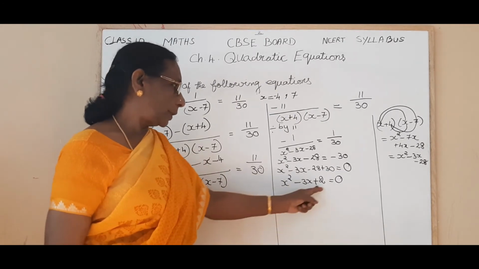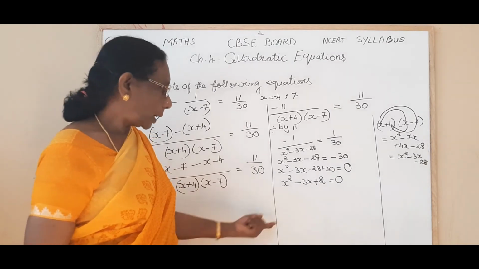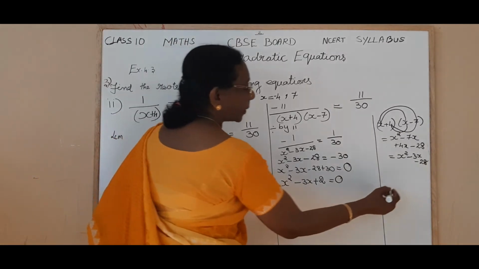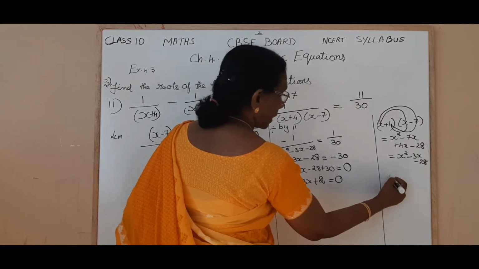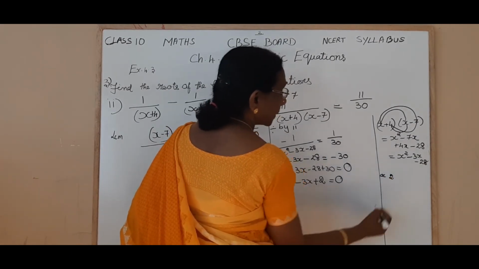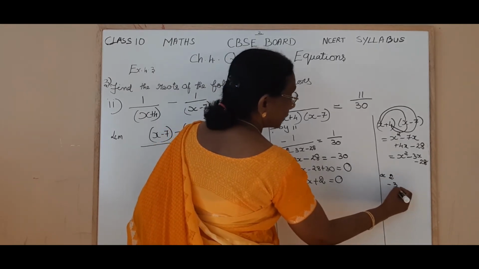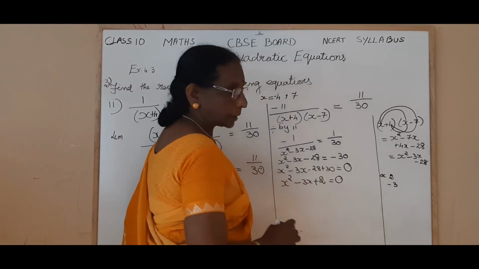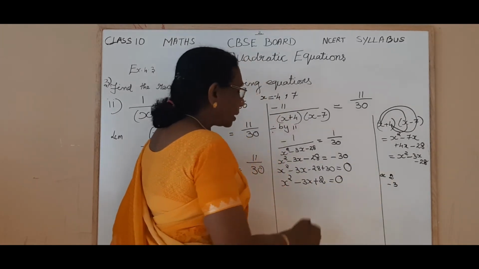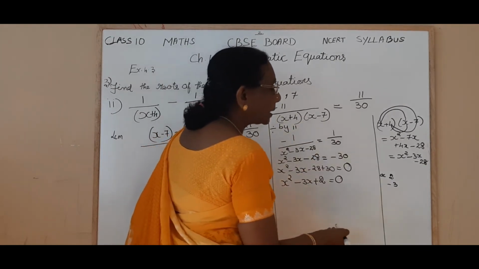Now, this is very easy to apply the factorization method. Here you are getting the product as 2 ones are 2, that is AC. And what is the middle term? Minus 3. So when you add, you have to get minus 3. When you multiply, you have to get 2. Since the product is positive, you have to add the split ups. So what will be the split ups?